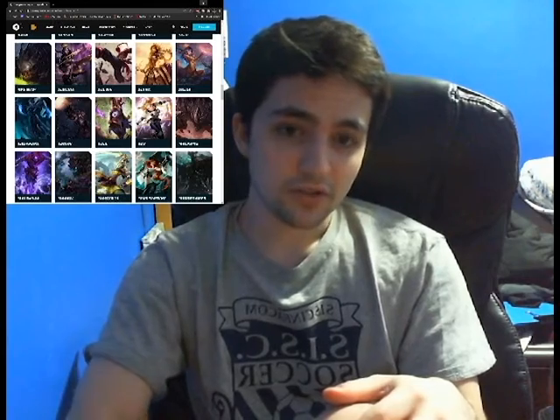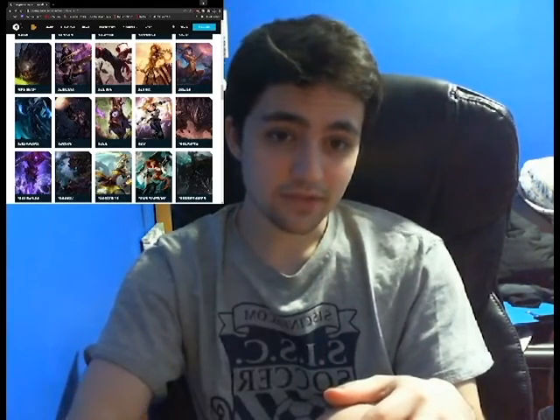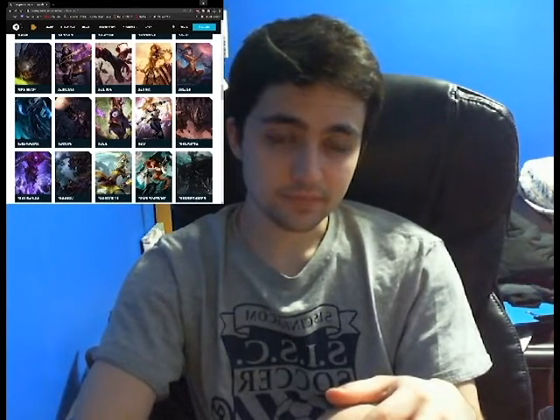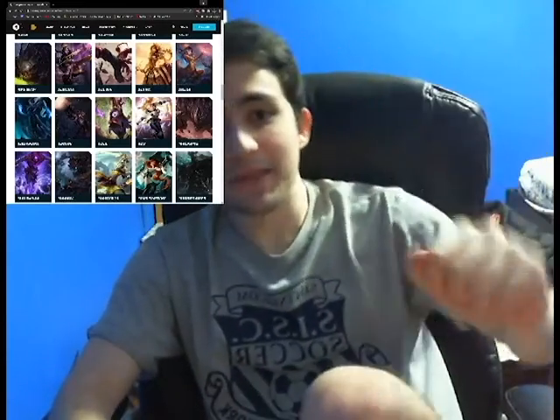Her Q is like Darius Q, it's like a donut. No, her passive is her abilities will put a dot on people. Her W, she goes like and then